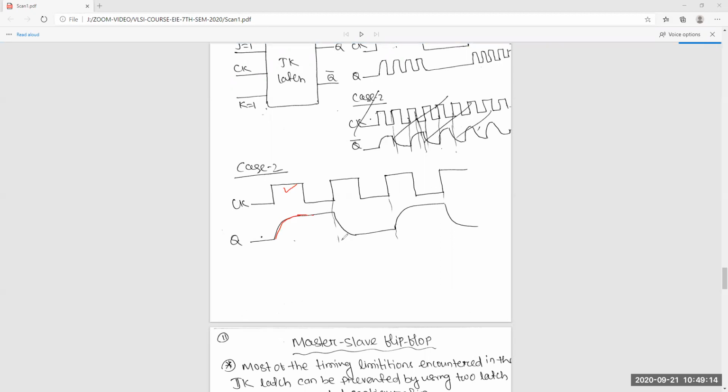In the next clock it will toggle. In the next clock again it will toggle. But in one clock it will not toggle too many times. So here we have either reduced the clock period or increased the propagation delay. Okay. So this is the solution.